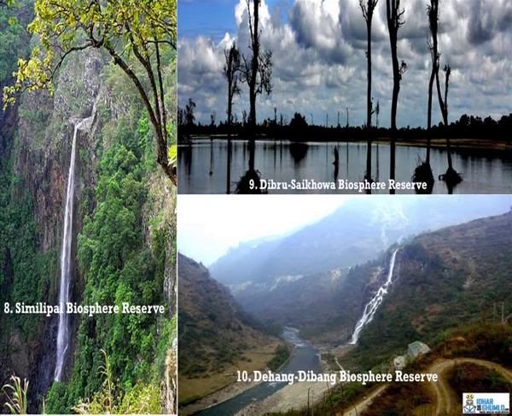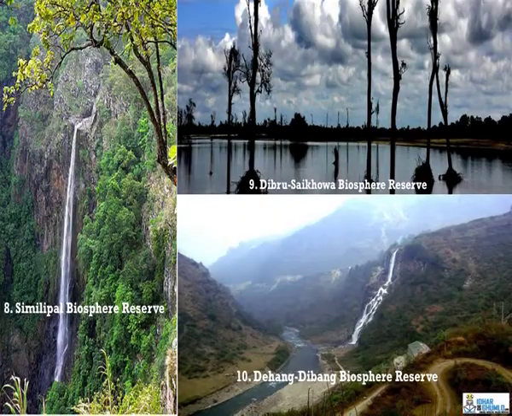That means the vegetation is diverse, and some of the flora which we find here is Sarpagandhi and orchids, and some of the animals which we find here are white winged wood duck, then we have wild buffalo, we have Hollock gibbon in this particular Biosphere Reserve. And in the slides and photographs which I am showing you, you can see how these can attract tourists, because each one of these is different from another, and the habitat, the ecosystem is different.